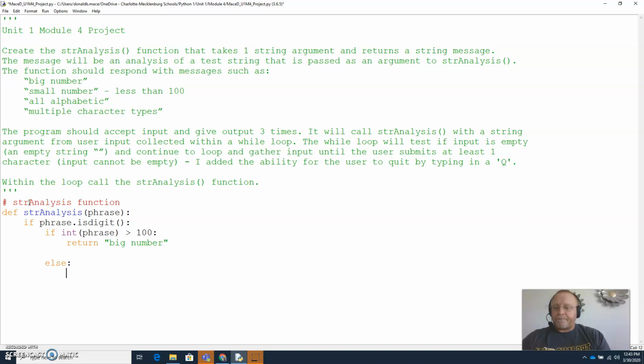Else we'll return small number. And again, you could change that 100 to whatever number you want to use as your breakpoint. So if the phrase is not all digits, then we will check to see if it is alphabetic. So remember, that is isalpha. And if that's the case,